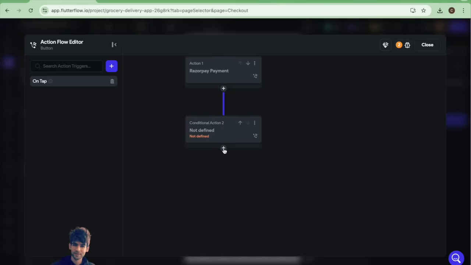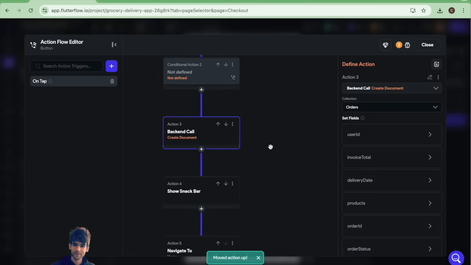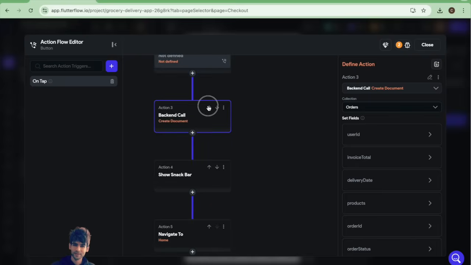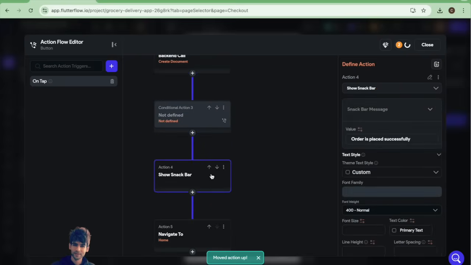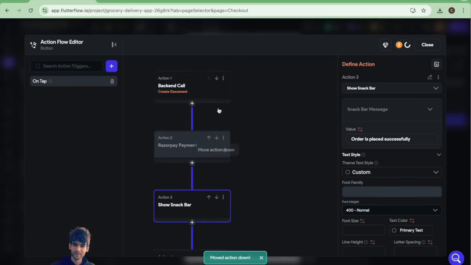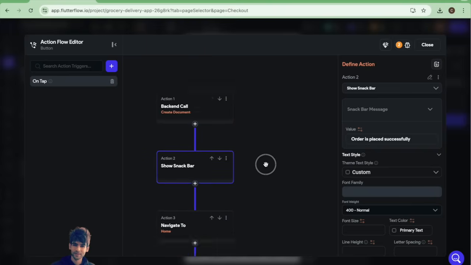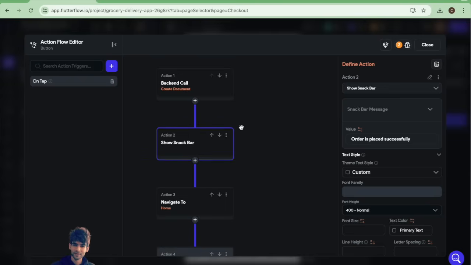Now if you have to work on the queries, you can paste it here and shift it upwards like this. You can shift the actions using these arrows. So with both methods, with or without the payment gateway, we are going to see every aspect in